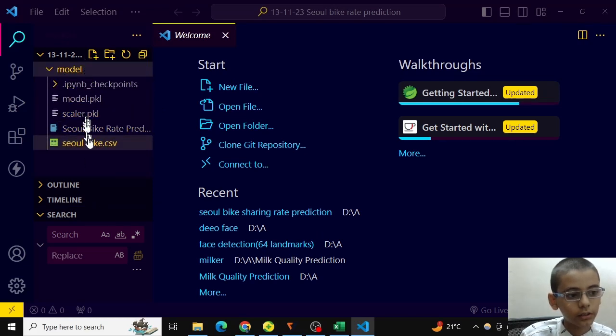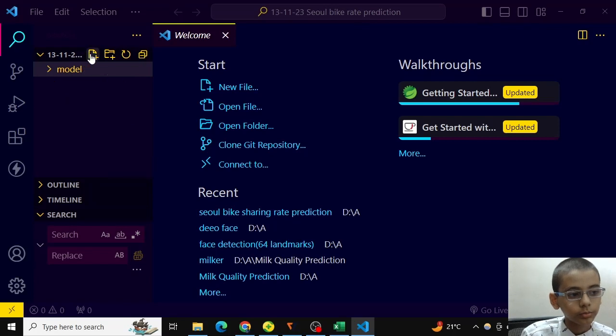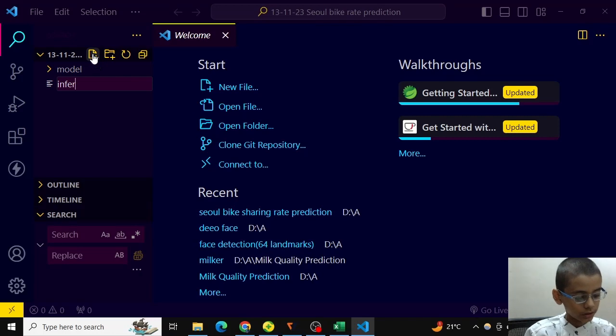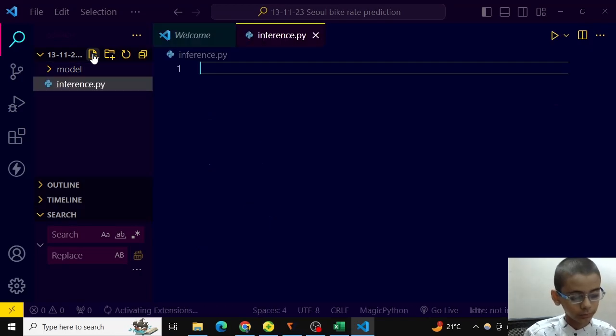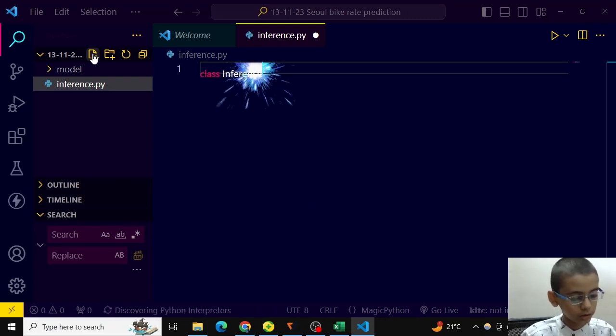Here we have our model, and after that we have to create a package of inference.py. Here we have to make a class called Inference.